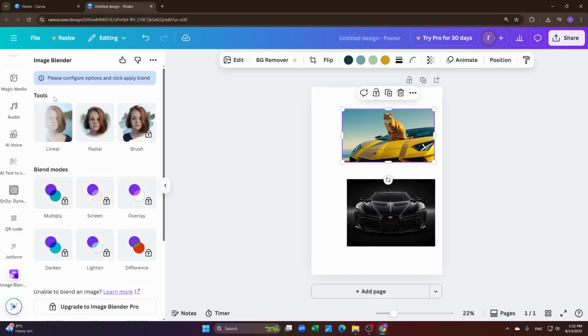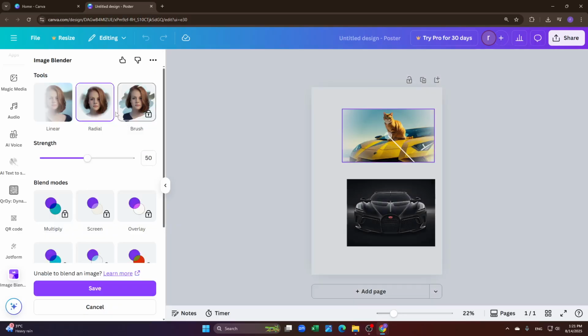So first of all, you need to click on the picture or image you want to edit. So you can try linear type, radial type, or brush type. So for the brush type, you need the premium version or the pro version of Canva. So if you select linear type, you can see we can edit the image as per our liking, like this one,